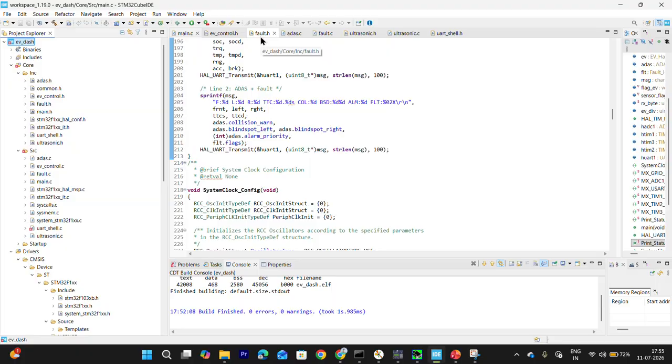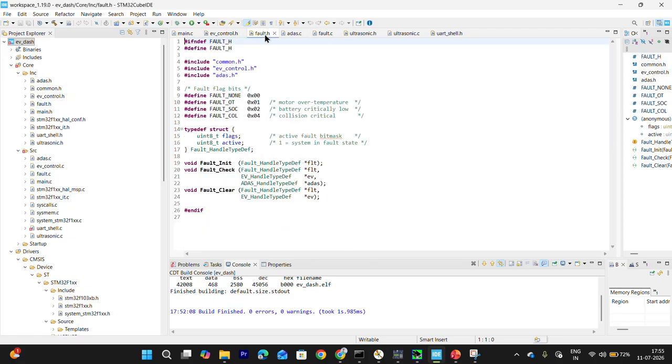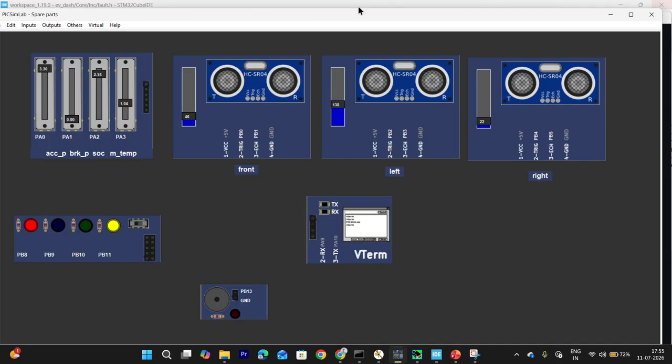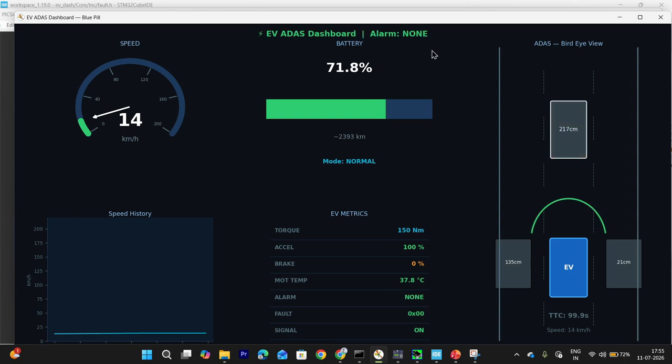In fault.c and fault.h, fault 004 is for fault collision. So the collision is happening here. If we increase the distance, the alarm should turn off. As we see, the alarm has turned off, and in the dashboard it shows alarm none. And the distance, this is the right front turn, this is the right car, this is the left car,